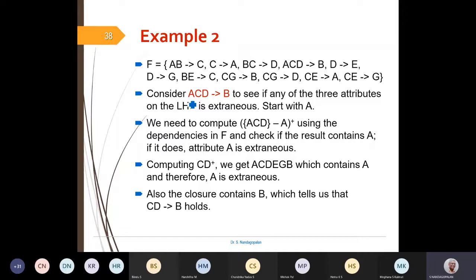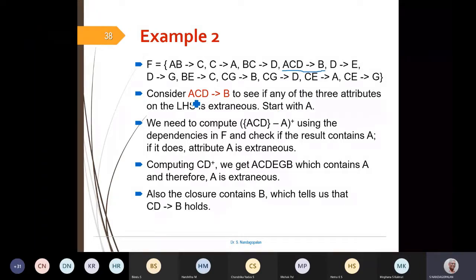In this case, we are considering the FD ACD arrow B. When I have this, I should check whether A, C or D is extraneous. If anything is extraneous, I can remove it.